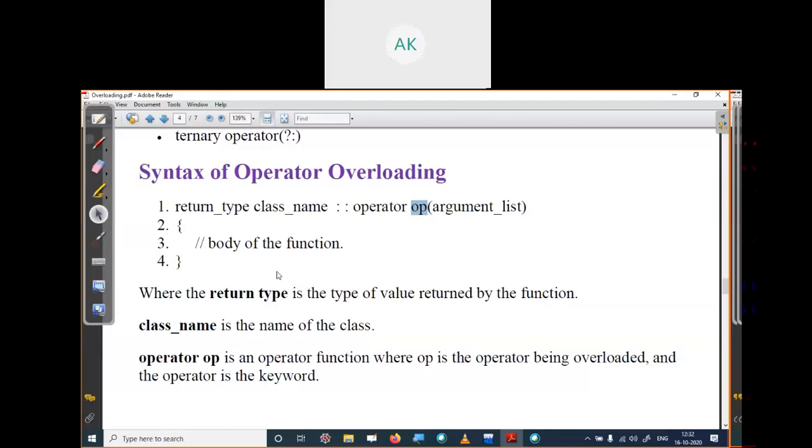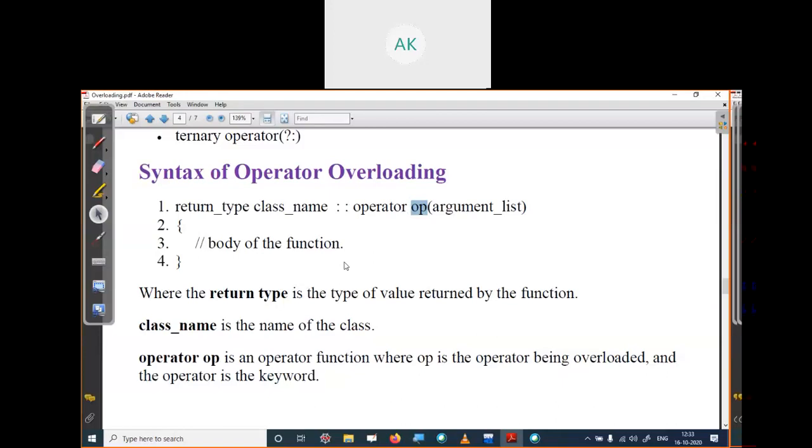So again, we can define operator overloading as the process of using an operator instead of a function to do a particular operation. As you know, a function is defined for doing a particular operation.